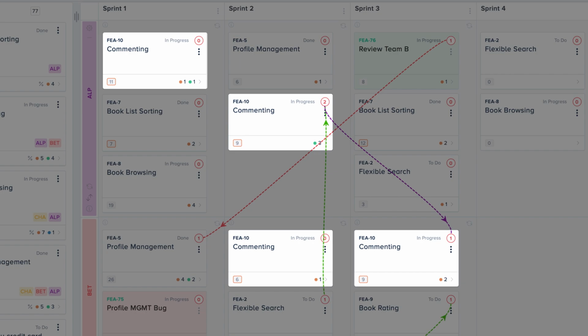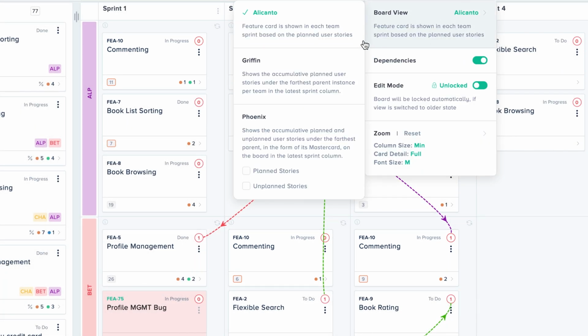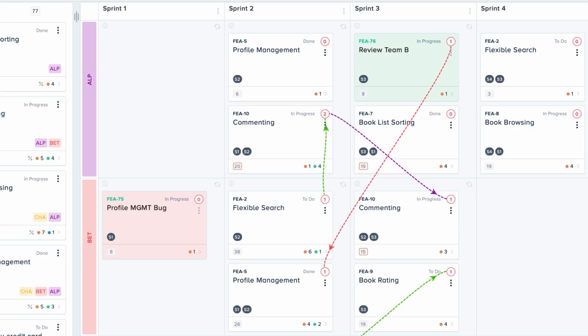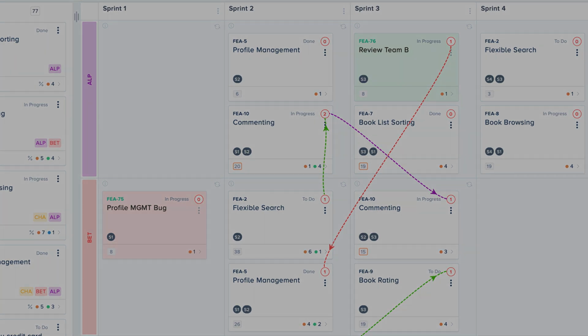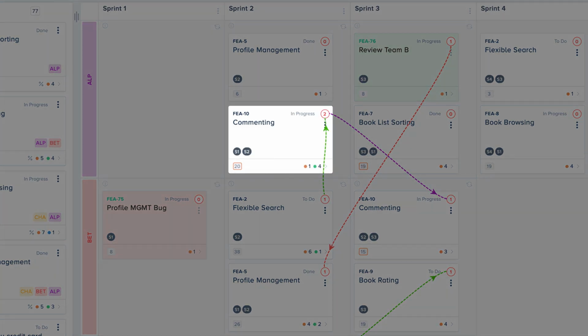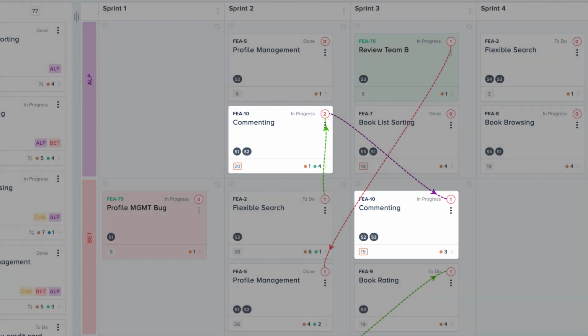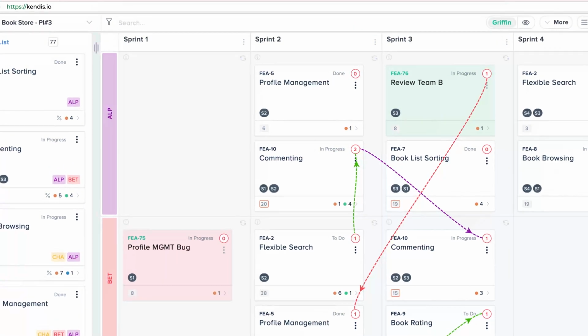3 by Team Beta. When you select the Griffin mode, Kendis will look for the stories for each feature, and it will show you 1 card per feature for each team, grouping all the stories under it. This means Feature 10 will be shown once for Team Alpha in Sprint 2 and once for Team Beta in Sprint 3. This helps you to understand the order of the implementation better when a feature is being worked on